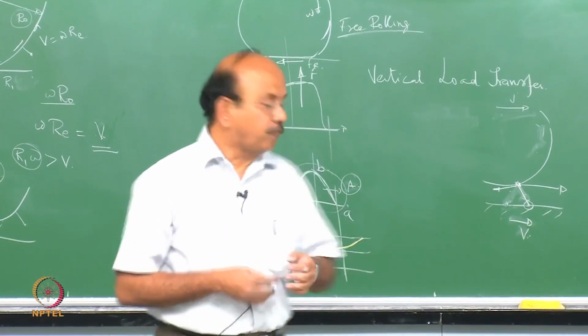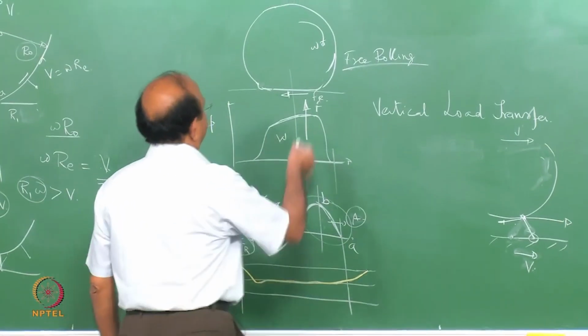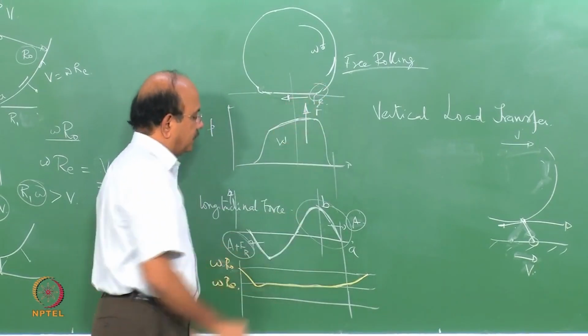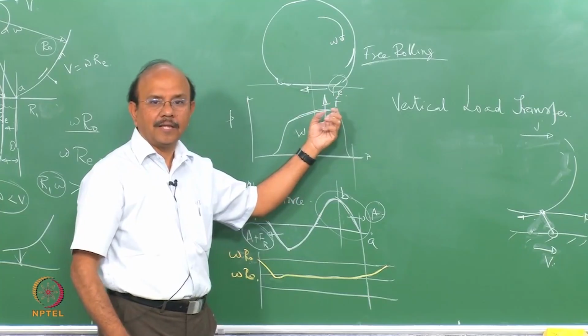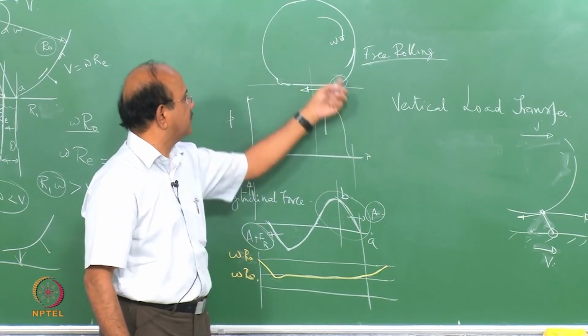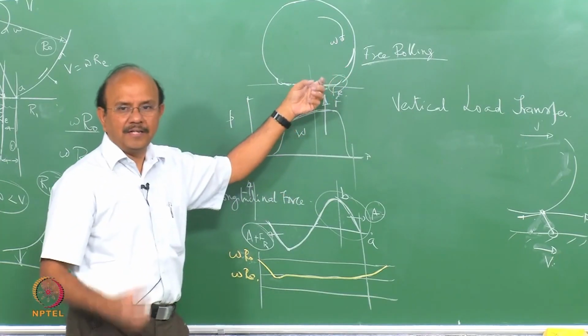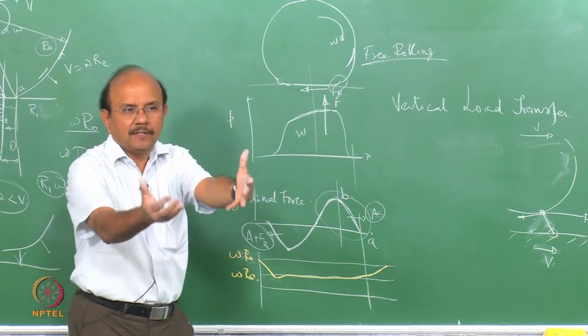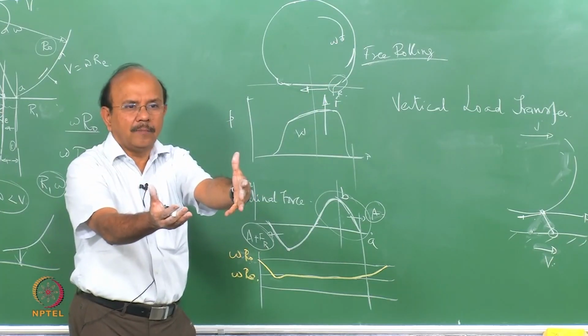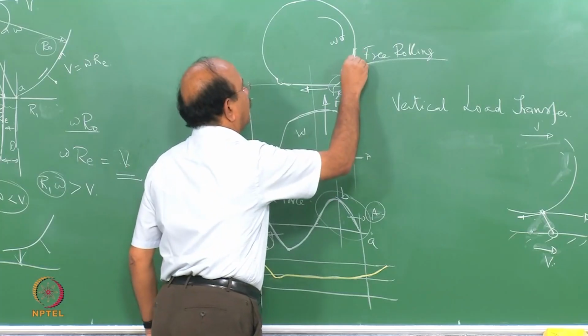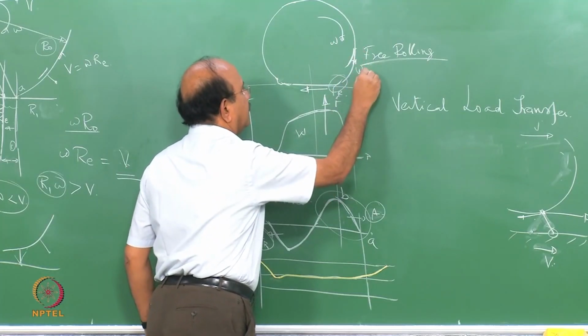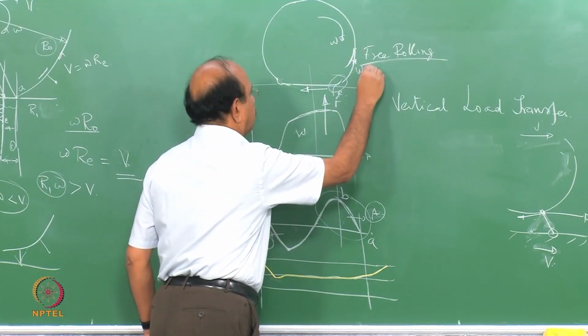Interestingly, the impending contact is felt by me even before. Theoretically speaking, we said the radius is the same here and so on. In actuality, the impending contact with the ground is felt by me before. So if my tangential velocity slightly away is omega r naught,